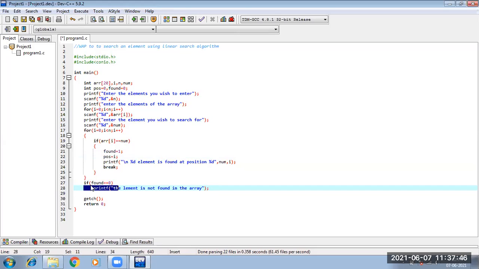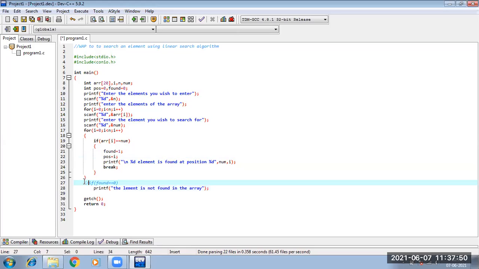So what would happen if I do not give this? Your found will be set to 1. Suppose you are searching for an element, that element will be found. After this, the break statement is there, that is, it will come out of this loop and it will directly go to this section and print this section.